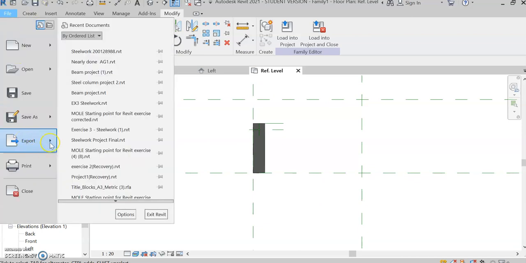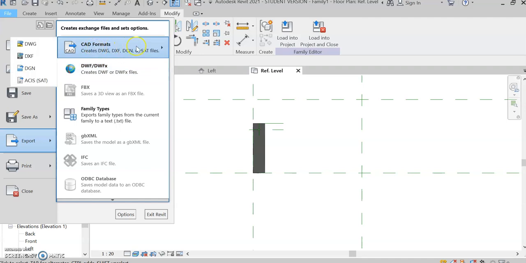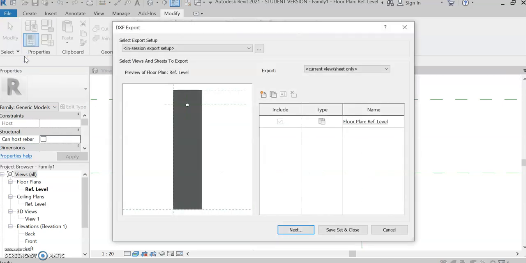You do File and you do Export, and then this is creating a DXF CAD format. So here you are, and you click DXF here. So it's now creating, and it's saying I can only see something in this area. It'll expand that view depending on what you're showing. Then you want to say yes, I want to do that, and it's this reference level. Press next,